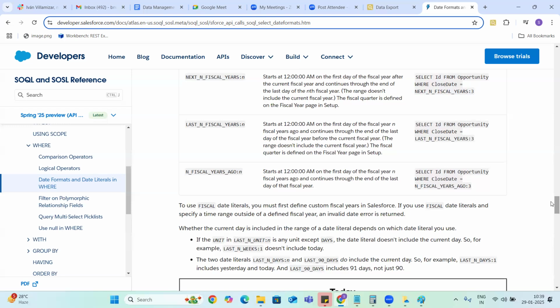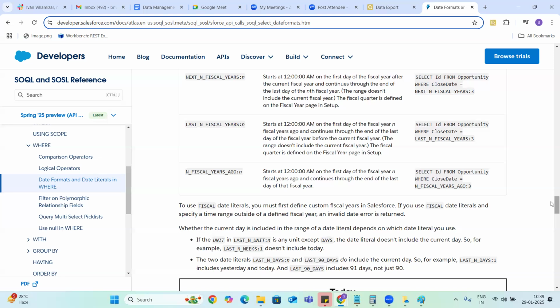When I give N fiscal years ago as three, it gets the information from 2016 to 2022, because I would like to see the information which is 3 years ago.